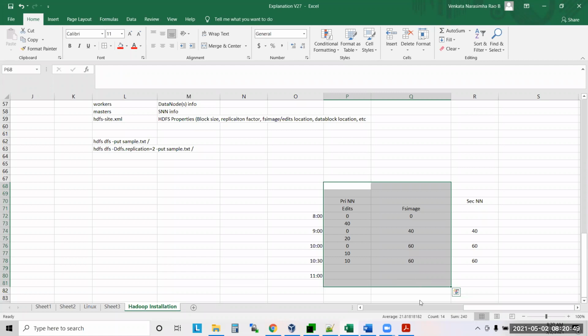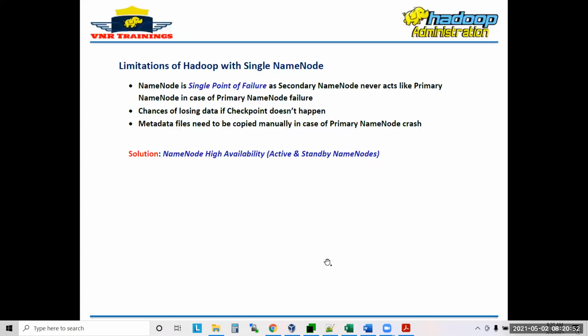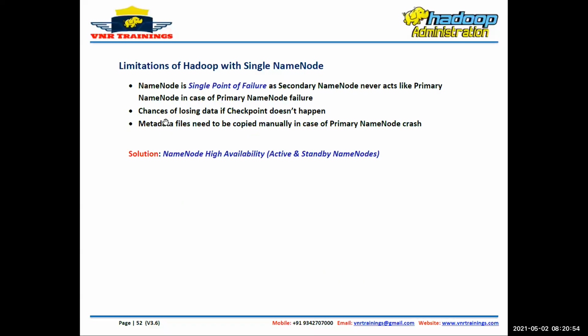So in this scenario, what to do? That's what we are saying: chances of losing metadata if the checkpoint doesn't happen, and metadata files need to be copied manually in case of a primary name node crash. The primary name node machine is completely burnt out.